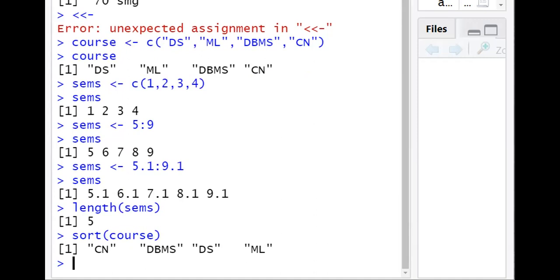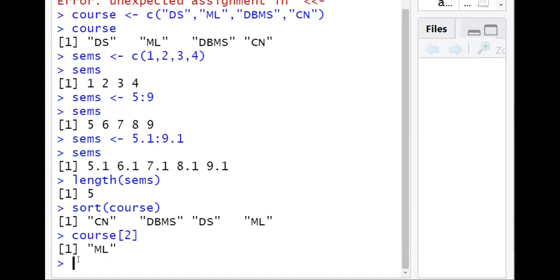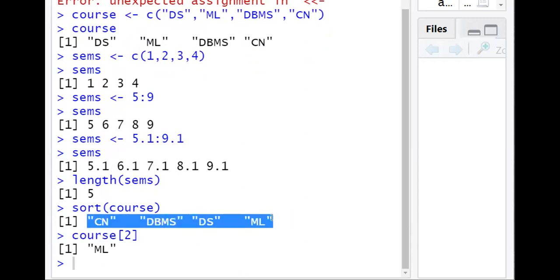Now if you want to access a specific element of a vector, then we can use the traditional square braces. So course of 2, it is showing as ML, because sort has displayed the sorted result, but it has not changed the actual vector.